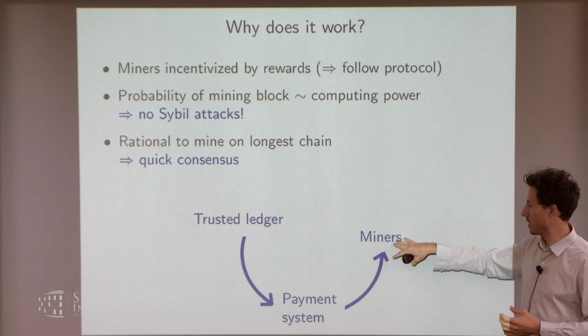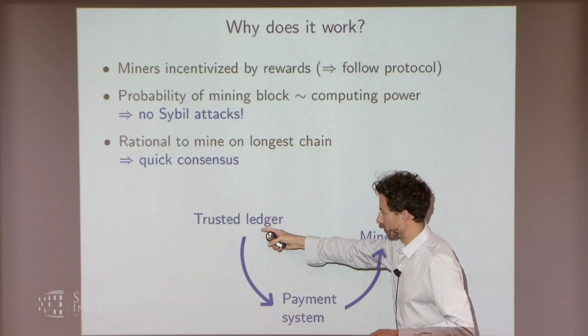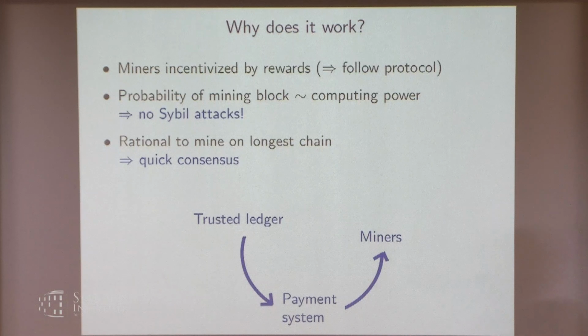And using these miners, using the proof-of-work consensus, the Nakamoto consensus protocol, we can actually avoid this trusted party, this authority we assumed in the beginning, and replace it by this consensus protocol. So it's this self-reinforcing cycle of different ideas that basically makes Bitcoin what it is. That's how I see it.